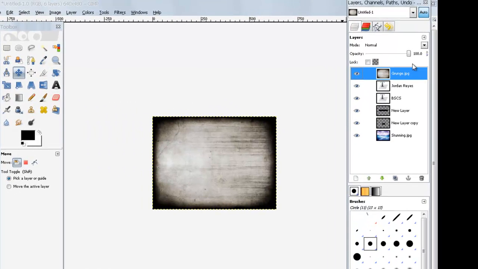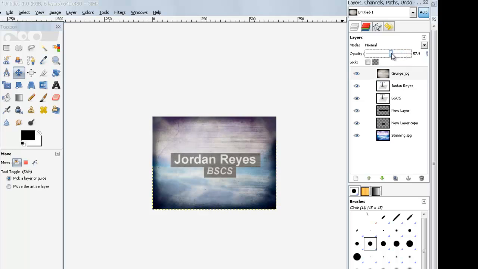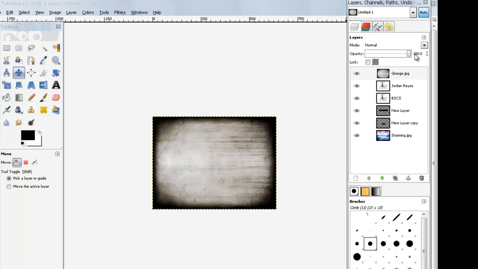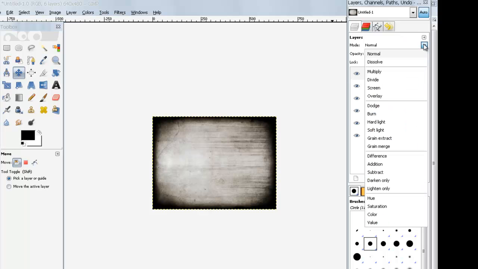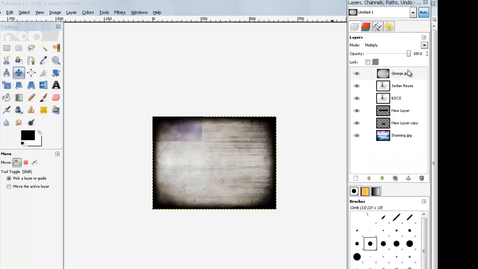Normally what people would do is lower the opacity or the transparency of that layer so that the other layers will be a little bit visible, you know. But in my case, I'll just set the opacity to 100. Do not change that, just put it to 100. And let's change the blending mode of the layer to maybe multiply